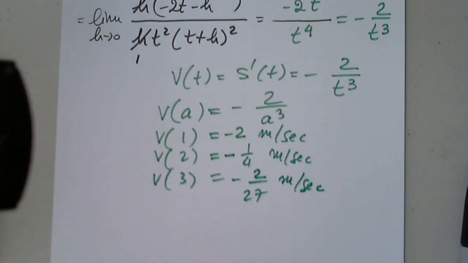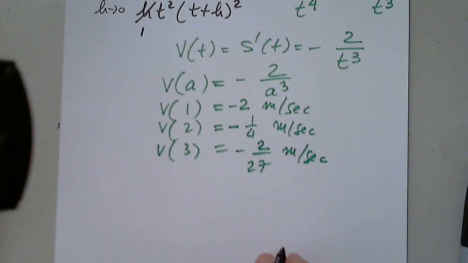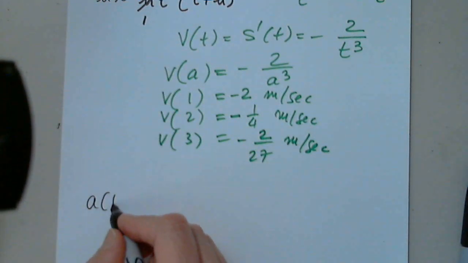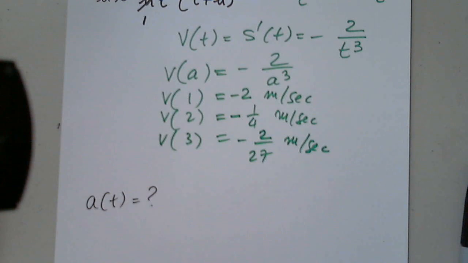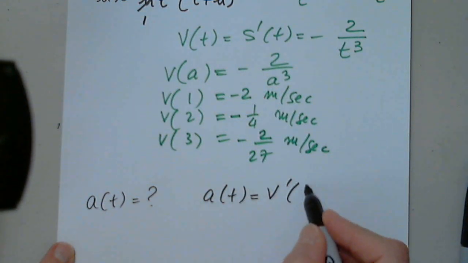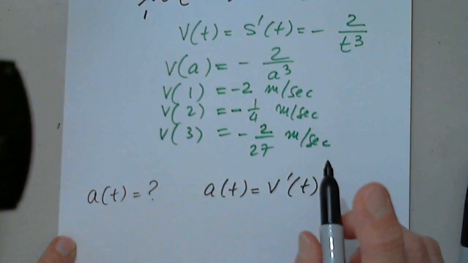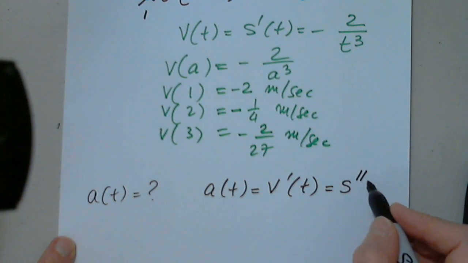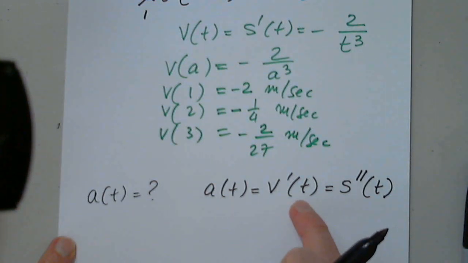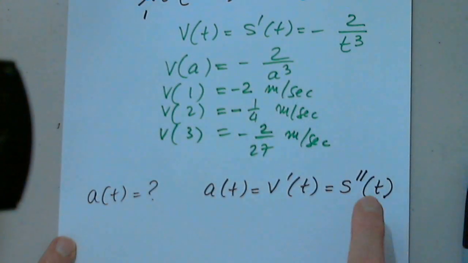Perfect. Here's a question. I want to add a question now. I would like to determine, or at least discuss, the acceleration, a of t. What does a of t represent? Derivative of velocity. Yes. So a of t is the rate of change of velocity with respect to time, also s double prime of t. So the acceleration is the first derivative of the velocity or the second derivative of the distance or displacement function. Would we literally just